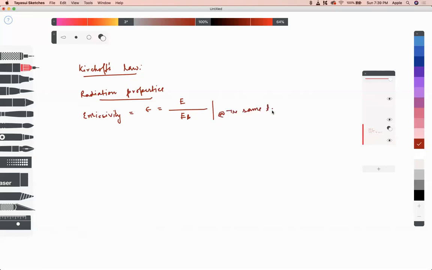Remember, this is a very crucial point. So if somebody asks you what is the definition of emissivity, don't forget to mention that it's a ratio of the emissive power of a real surface with respect to the emissive power of a black surface at the same temperature. Because if the real surface is at a higher temperature compared to the black surface, then definitely the numerator will be higher than the denominator, and the emissivity value will go greater than 1. But that will be wrong,